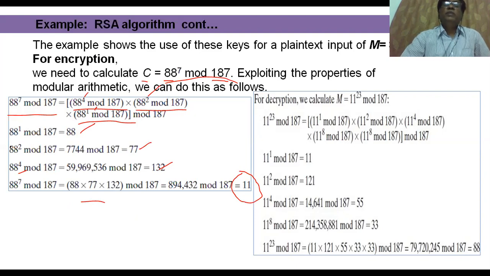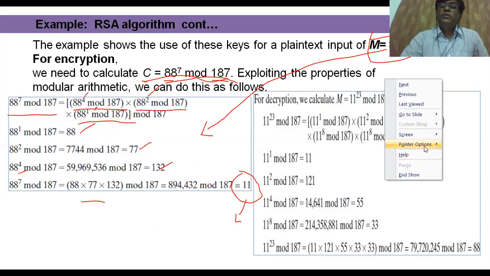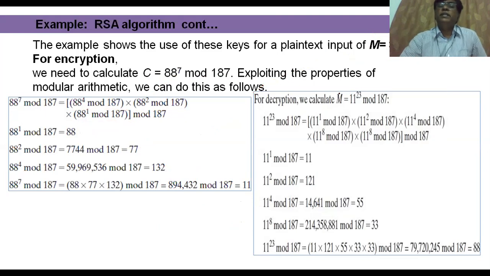If you assume 88 is the plain text value, after encrypting that 88 you will get the ciphertext C using this formula. That ciphertext value is 11. So for plain text 88, after conversion, its value is changed to 11. Now this 11 is the ciphertext, that data is sent to the recipient. How that 11 is converted into plain text 88 at the recipient side is the decryption.